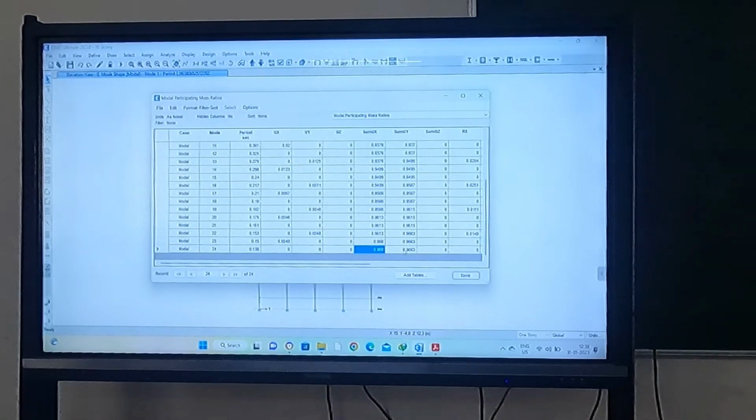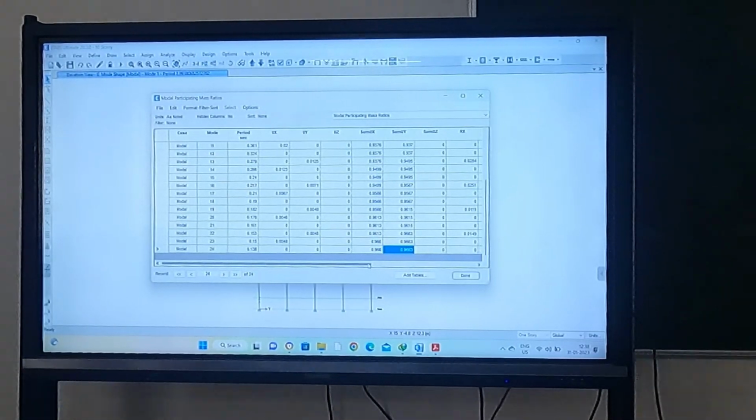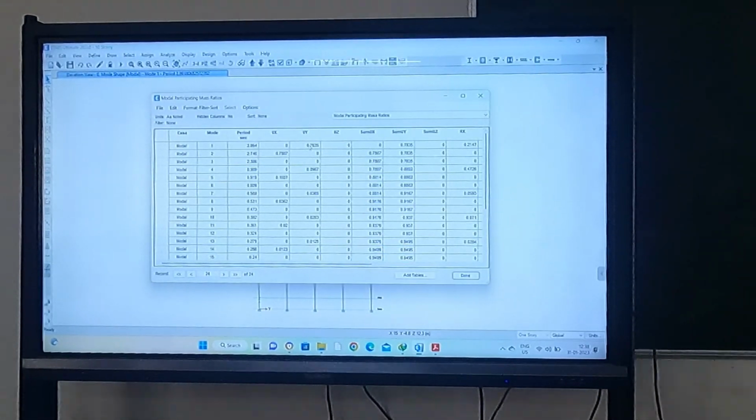Similarly, in the y direction, if you see again 96.63, so that is also fine. So like this you have to check. One more thing to check is the first mode participation factor. This is in the y direction, as I told you yesterday. How to decide whether it is y direction or x direction: how much you are getting for this mode? 78. So you have to remember, for the first mode you have to get at least 65%.